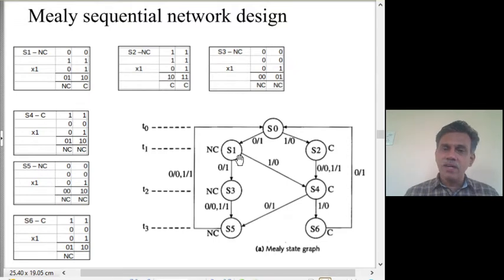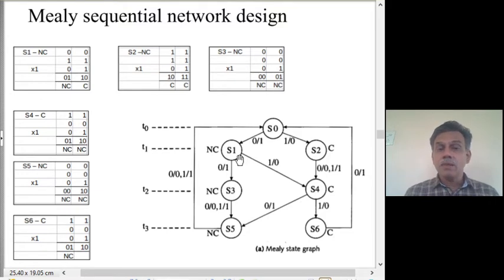S1, in any given state, there are two pieces of information that you have to remember. One, how many bits we have processed until that time, and two, do we have a carry to be handled in the next bit. Okay, so this is what we need to remember. Do we have a carry to be processed?